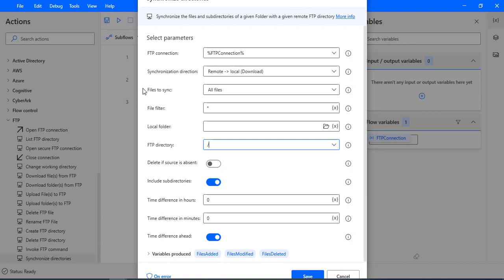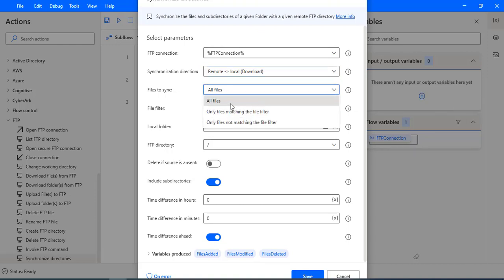All right. Now, for the synchronization direction, I'm going to select remote to local, that is download. I'm going to download all the directories as well as the files from the FTP server. For files to sync, I'm going to give all files.